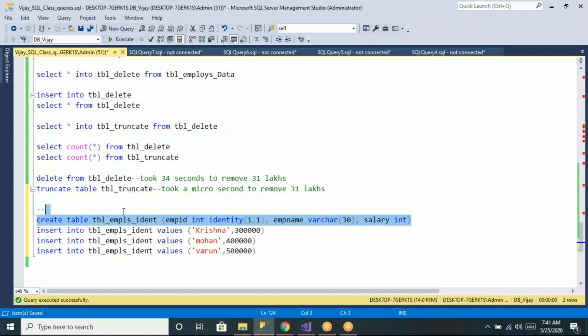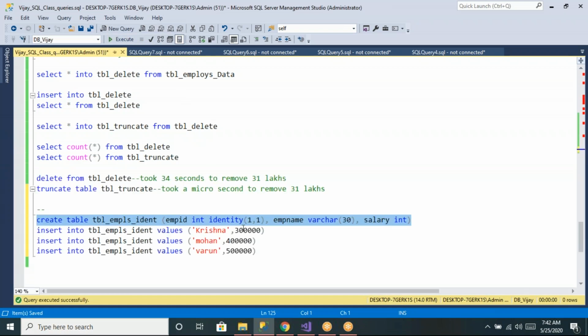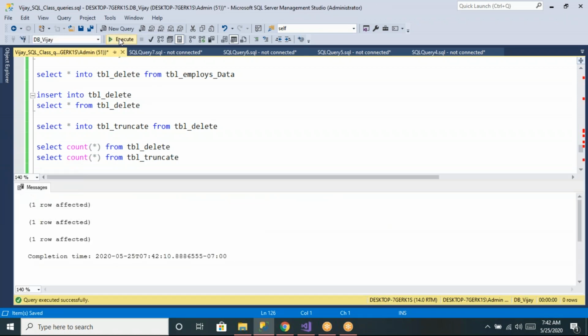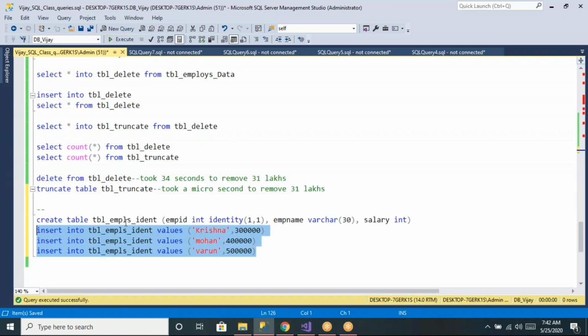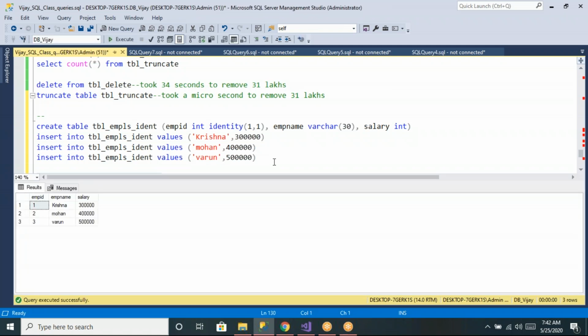Now let us see that. So I'm creating some table, and for employee I'm providing the identity seed, and now here you can see when I'm inserting the data, I'm not providing value for employee. Now it has accepted that, and now let us see the data present in this table. Let us say select star from table_identity. Now you can see the values are auto generated. It is starting with 1, and 1 plus 1 is 2, 2 plus 1 is 3 like this. The values are auto populated now.